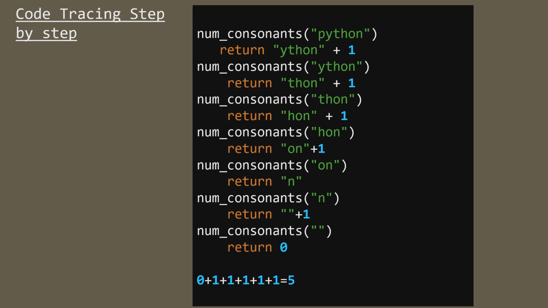And the values will be added like this. First it has returned 0 in the last execution call. So 0 plus 1 plus 1 plus 1 plus 1 then plus 1. So it becomes 5. So finally it will return the output as 5, as there are 5 consonants in this string.